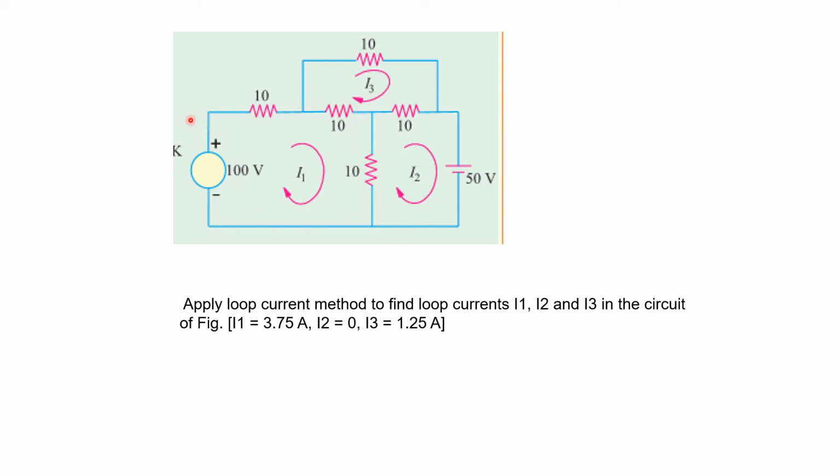Now just look at this. To get E1 here in this diagram, negative to positive when we travel like this, so it becomes plus 100. Now when we travel like this, 50 positive terminal becomes negative, so it becomes minus 50. So E2 is minus 50. And what about E3? E3 is 0. So once we get these values, just put in the answers, and you will get these currents. Thank you.